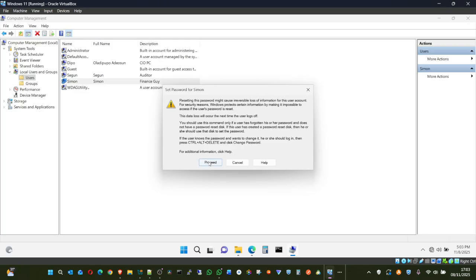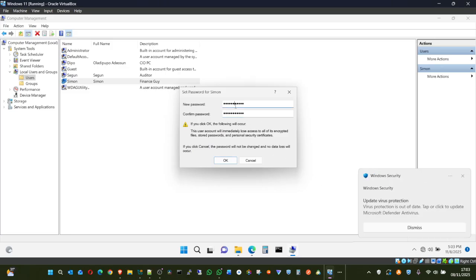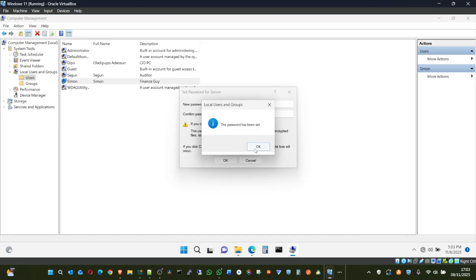You can change your password right here. As admin, I can do that. And I will say, okay, this is a password for Simon. Okay, the password has been set.